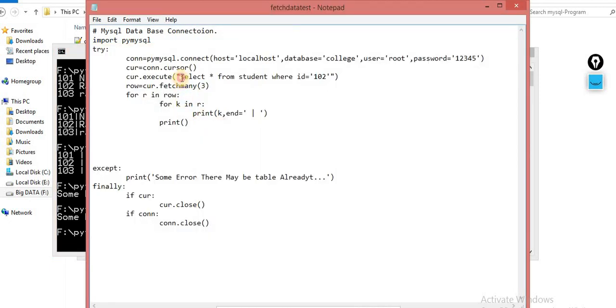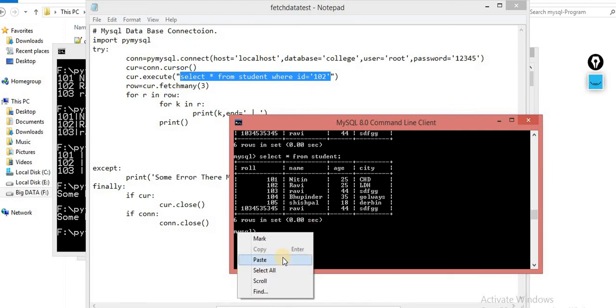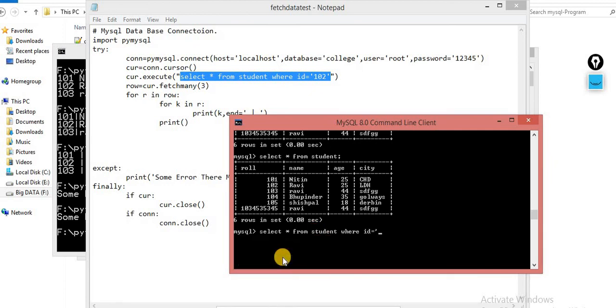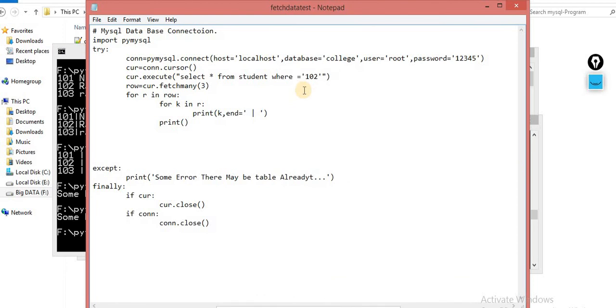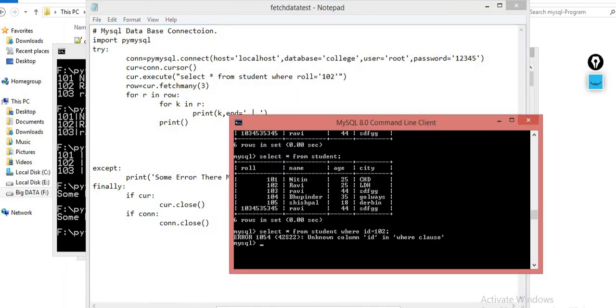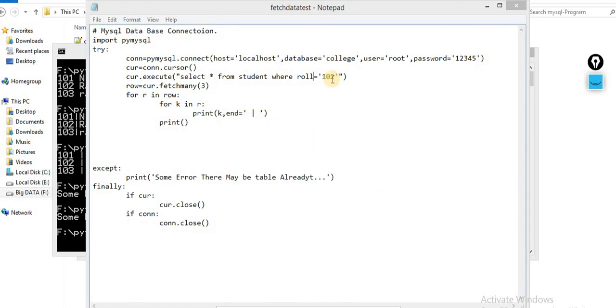Let me check whether this is working fine or not. Control C, paste, id is equal to 102. Okay, the column is roll number and we are entering id. So here the column is roll. Okay, so roll number is equal to 102.